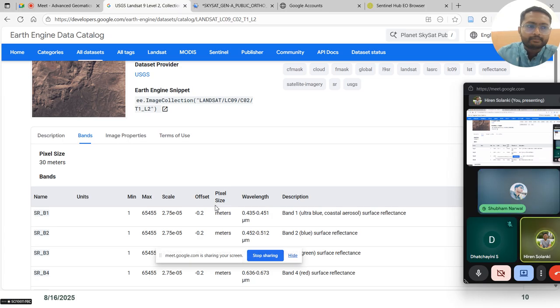If you see the bands, the first column is the name, the second one is the unit, then there is a minimum and maximum value. That is how many values that pixel can take. If a given pixel, how much value can it take. That is what we discussed during radiometric resolution: how sensitive your pixel is to different brightness levels. So here we are starting with 0, 0 to 1 or 0 to 8 or like that. And here we are talking about from 1 to